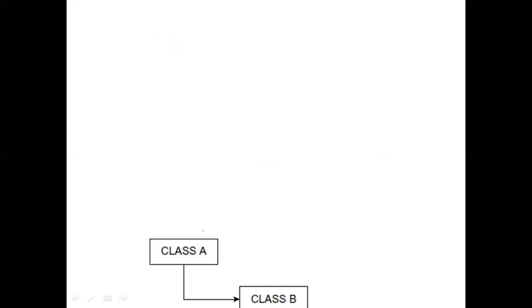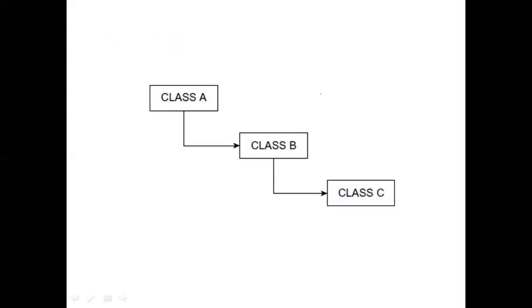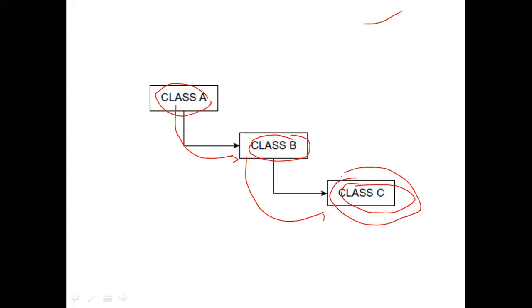See, the properties of class A are inherited to class B, and the properties of class B are inherited to class C. So when we come to class C, we have no need to rewrite the properties of class B or class A in class C. That is called code reusability. The properties of class A and class B need not be redefined in class C. Simply we use what is already defined. Here we define, here we use.